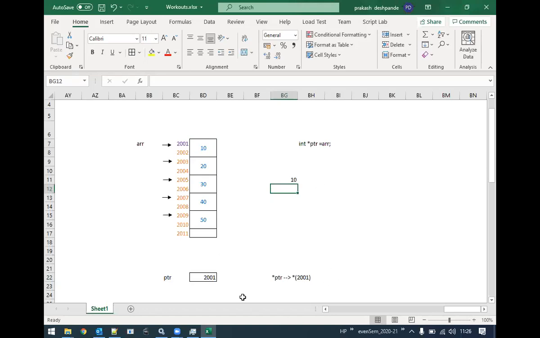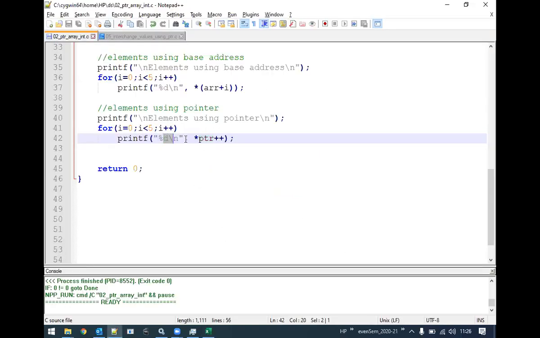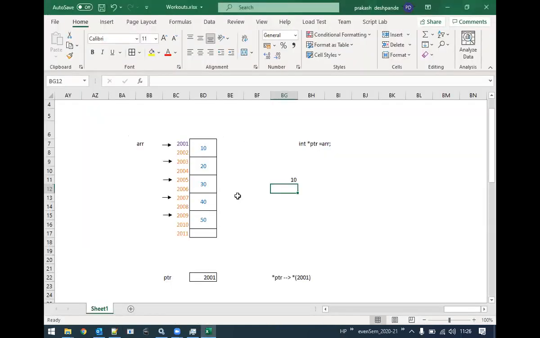Now the for loop goes into the next iteration. Again, it finds the same statement. But previously there was a post incrementation, which means now PTR has to be incremented. Initially it was 2001, but the incrementation was pending. Now, what do you think?